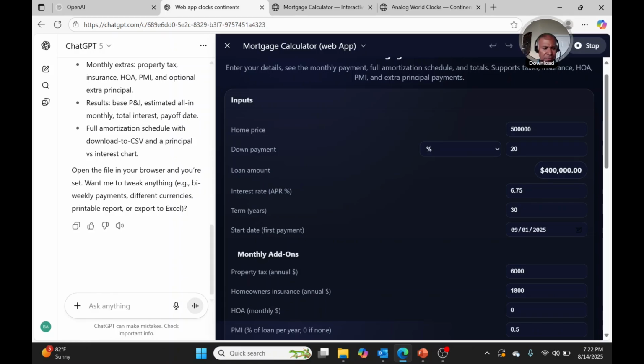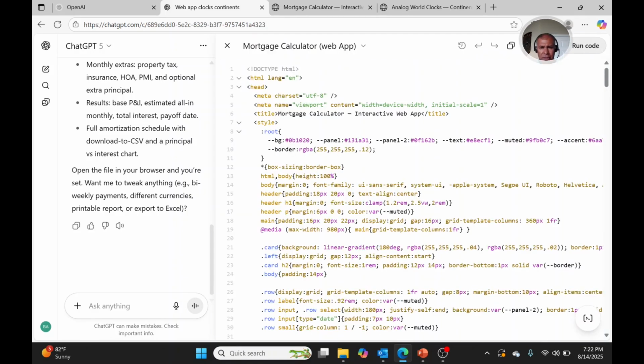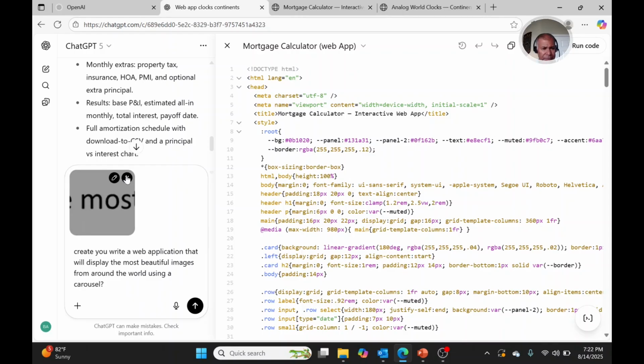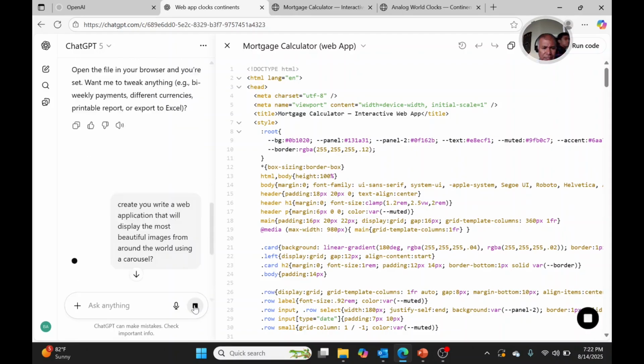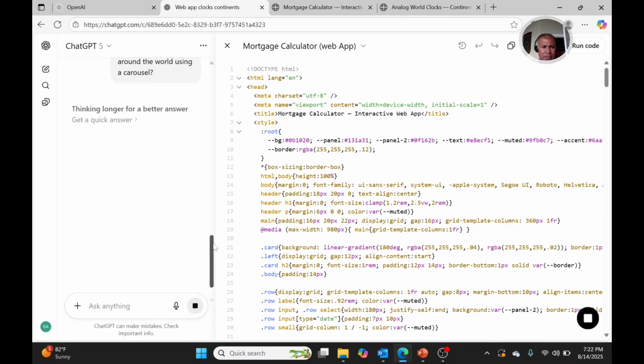So this time, instead of mortgage calculator, what we're going to do is write a web application that will display the most beautiful images from around the world using a carousel. Let's see what it does. So ChatGPT is thinking longer for a better answer, building an image carousel,